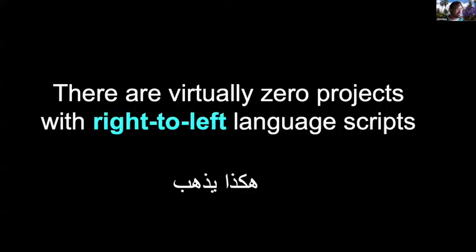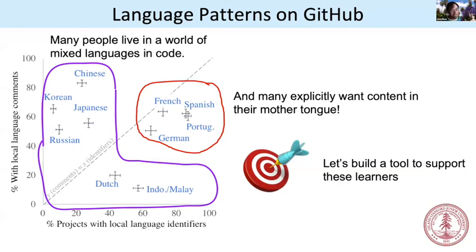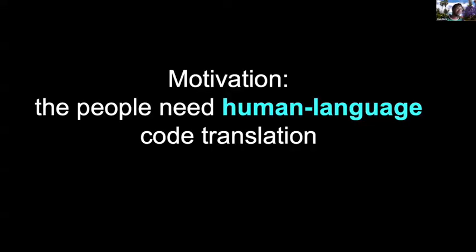There's a couple other takeaways though. One thing that is important is we looked at all of GitHub and we saw 0 examples with right to left languages in comments or in identifiers. So it goes. Anyways, this tells us a story. This just tells a story of how people use their languages in code, but it really talks about how people are mixing languages. And to that extent, it paints a picture of people who would benefit from human language translation.